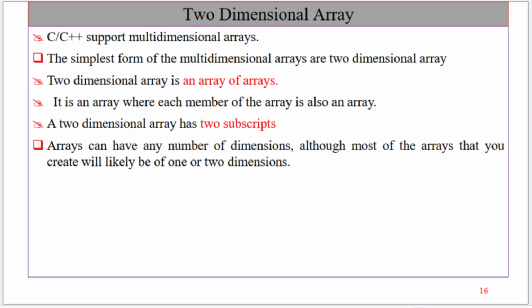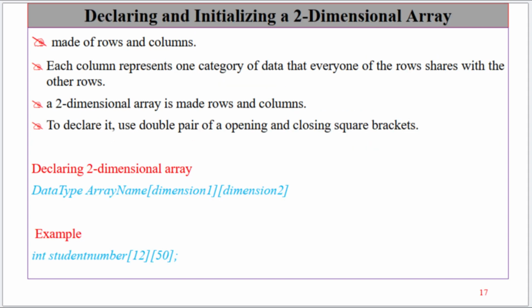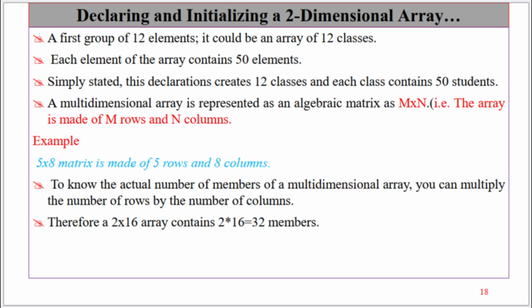16. Declaring and initializing a two-dimensional array. A two-dimensional array is made of rows and columns. Each column represents a category of data that every one of the rows shares with the other rows. To declare it, use a double pair of opening and closing square brackets. Declaring a two-dimensional array: data type, array name, dimension 1, dimension 2. Example: int student[12][50];